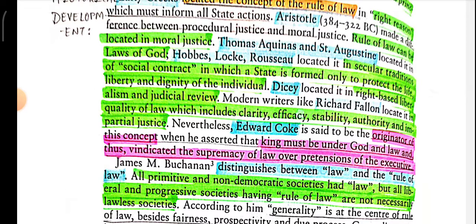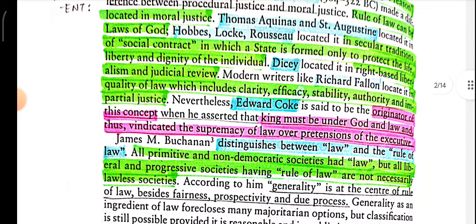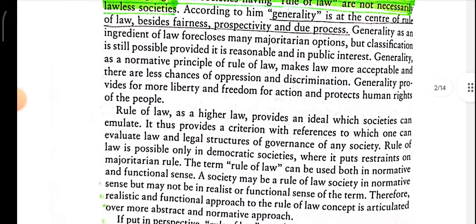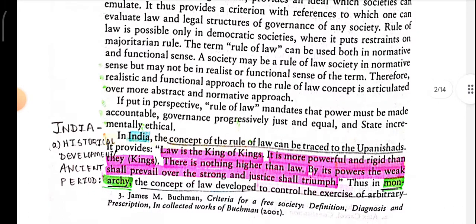James M. Buchanan distinguishes between law and rule of law. All primitive and non-democratic societies had law, but all liberal and progressive societies having rule of law are not necessarily lawless societies. Okay, now